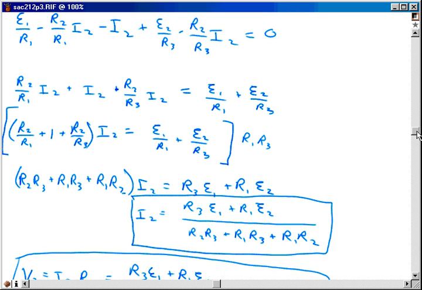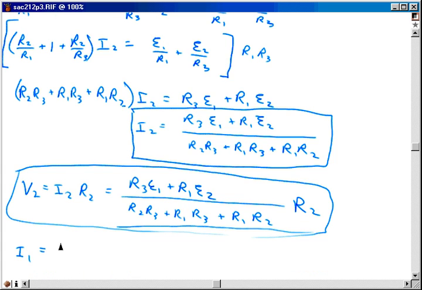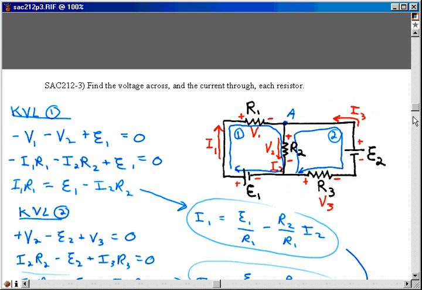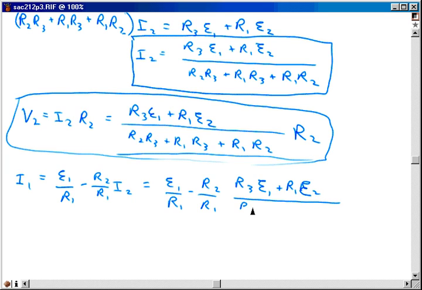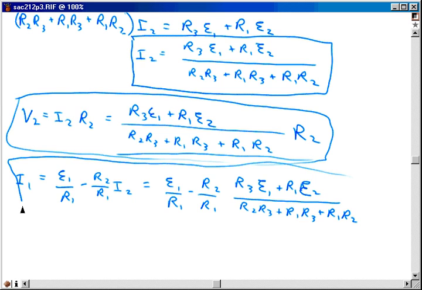So I1 is E1 over R1 minus R2 over R1 times what we just found for I2. That's our answer